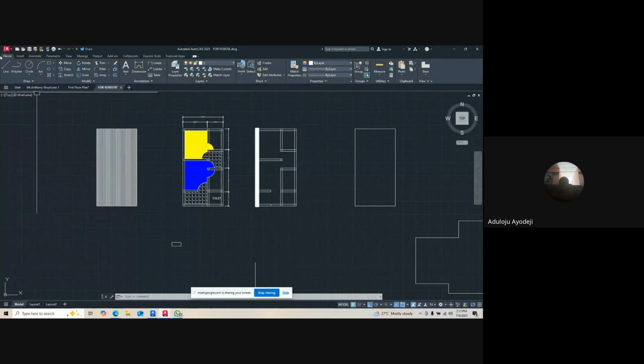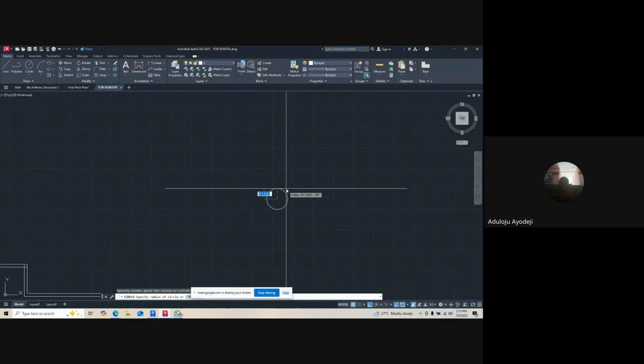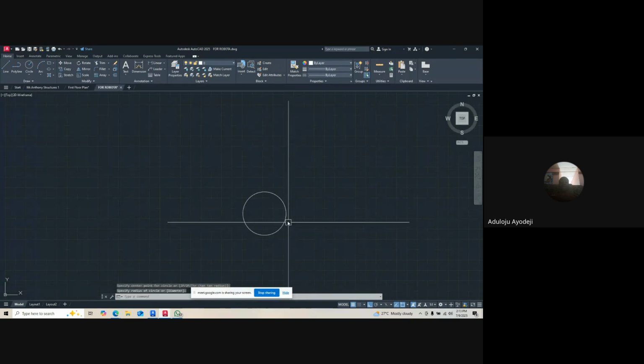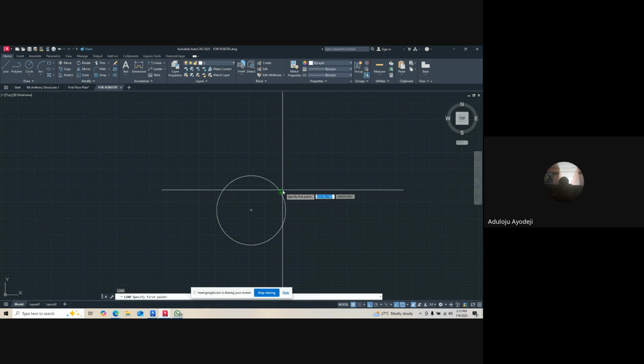So he went to the circle. I believe you can see my cursor. He picked a circle. After picking the circle, press OK. Now he went to pick a line. You press L, and I told you that the shortcut for line, instead of going through the stress of the upper layer in your command screen, you can just press L, enter. So pressing L,